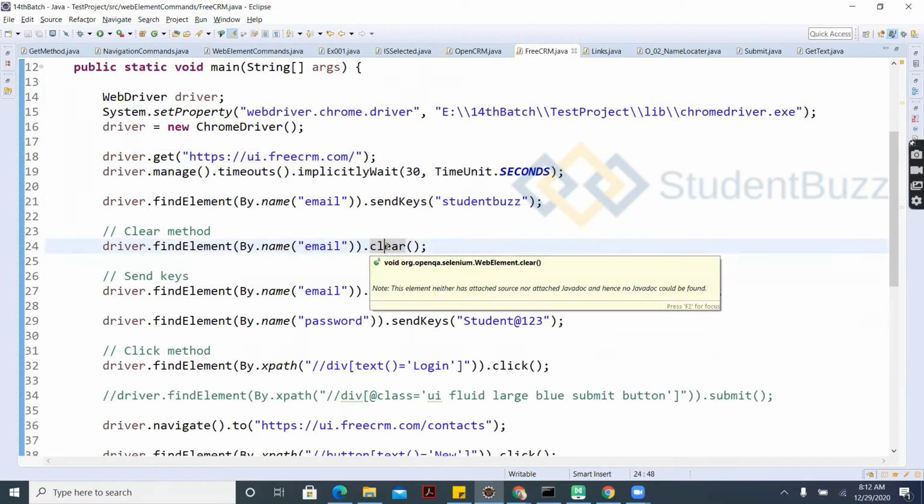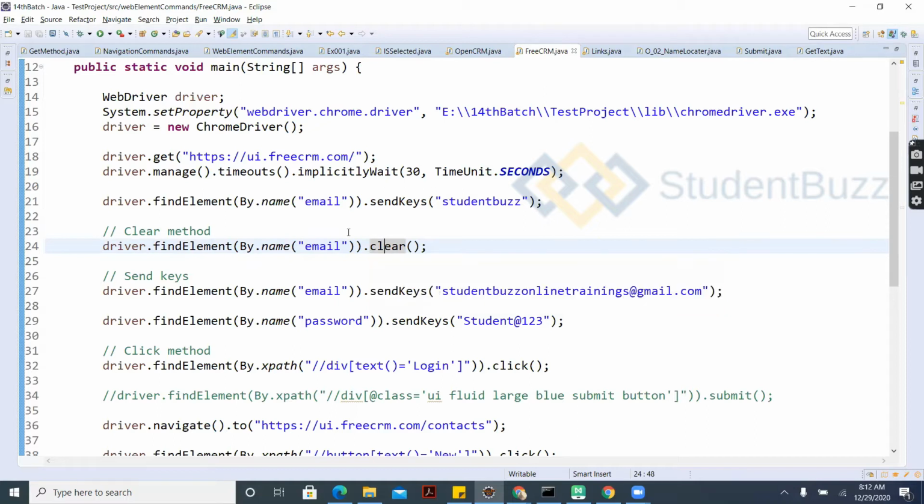And if you are re-entering any text, or even if you are entering for the first time, you need to ensure that there is no text in this particular text box. Before entering also, you can keep this clear command, which ensures there is no existing text in this particular text box. And later,